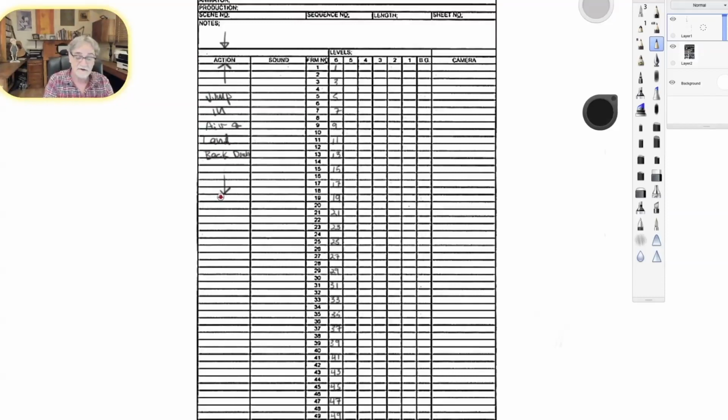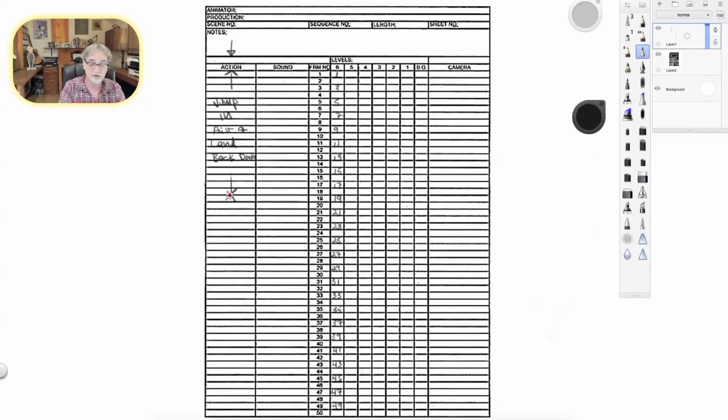And then the character will slowly walk off screen right, from this area here, we'll say down to frame 42.